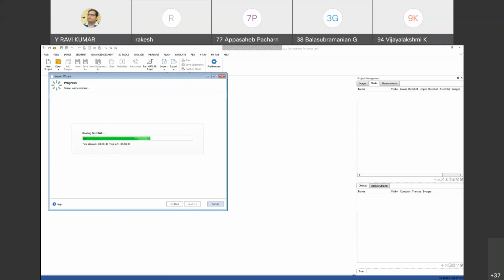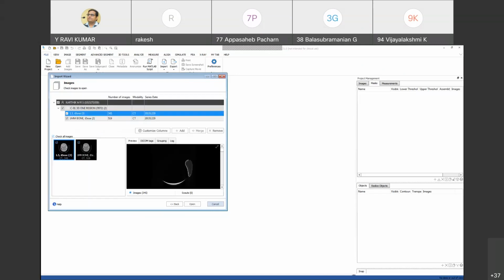These kinds of things can be done in the Mimics software. Even the templates. See the dental templates, specifically for the dentist, they need to drill a hole to fix the teeth. So those dental templates need to be designed. Those templates can be designed in this Mimics software.